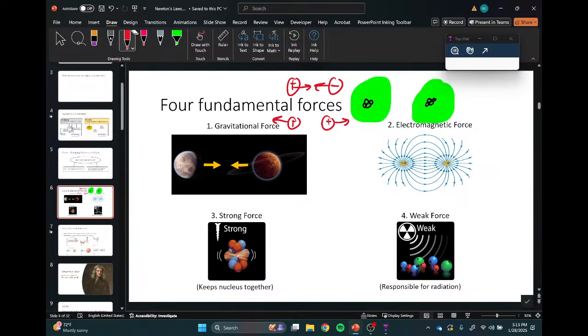The weak force. So again, we look at all these scenarios, any push or pull. At some point, there are some atoms that have a lot of protons and neutrons in them, and they just fall apart. Half-life. At some point, atoms randomly fall apart, and that doesn't match the other things we know. According to the strong force, they're supposed to stay together, but at some point they fall apart. The weak force explains radiation.